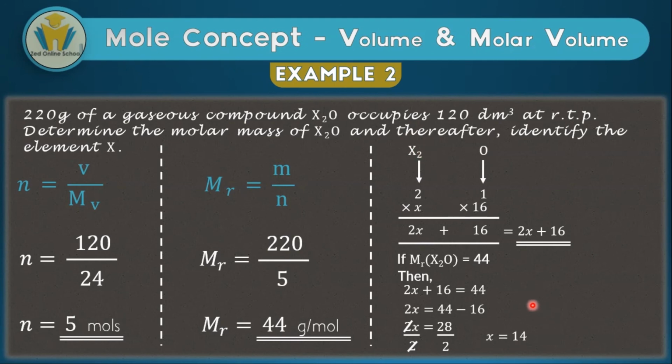Now, if the atomic mass of this element or atom is 14, if we go on the periodic table and check the elements that are found there, we can find one of the elements that has got the atomic mass 14. And if we find that element, then we found the element X. As you can see, that element is nitrogen. It looked impossible, but now